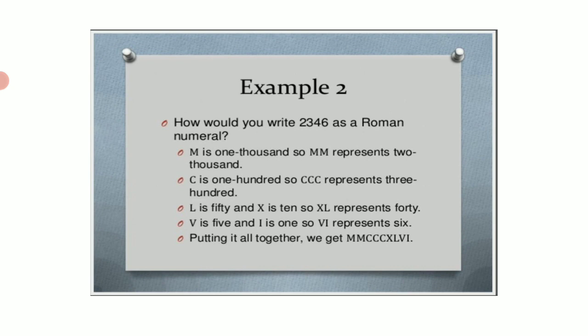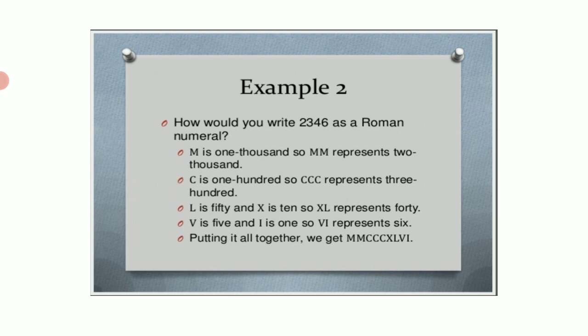Suppose, children, you are given a number to write which is 2346 and you need to denote it in Roman numerals, then how do we do it? We know that M stands for 1000. Now it is given 2000. You need to individually break it up into thousands, hundreds, tens and ones, and then tabulate it. The number in the thousands place is 2000. We know M stands for 1000. So if we write M twice, that means 1000 plus 1000, it becomes 2000.